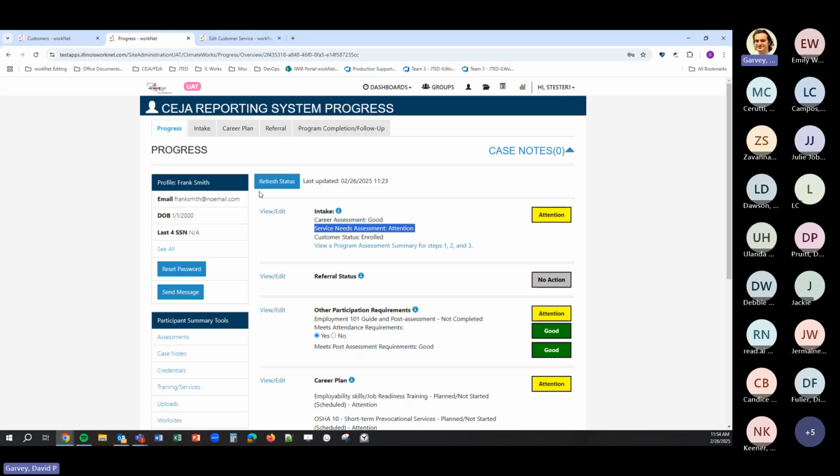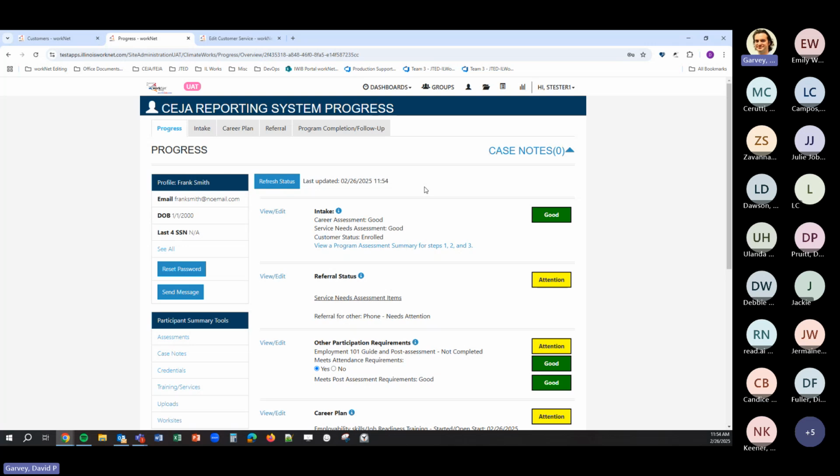So we can come back and press this button, refresh status, to update and run through the system. And now we can see that we have green, good over here, and service needs assessment is good over here. And the last updated is 11:54. We do have an overnight sync, late in the evening, that'll do that refresh automatically, but just something to keep in mind as